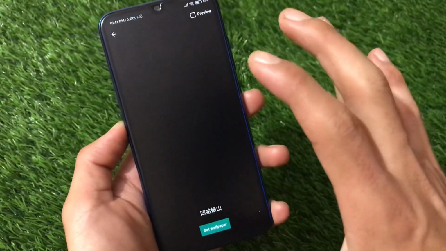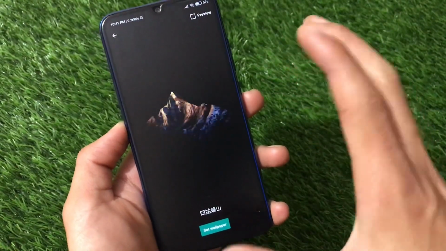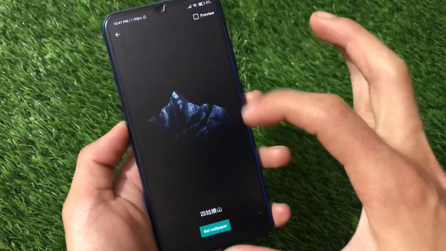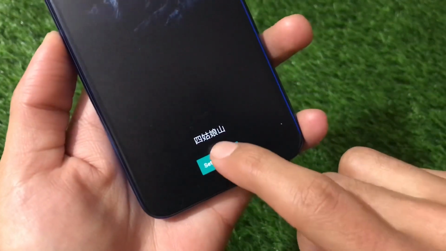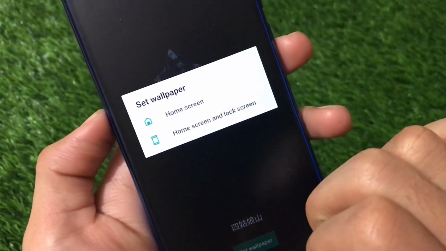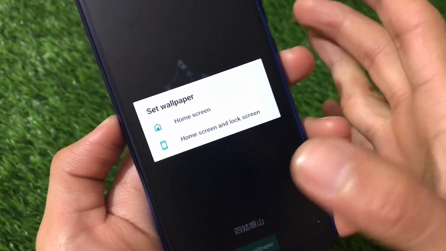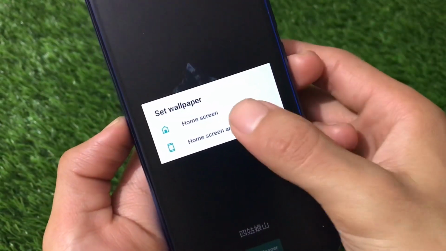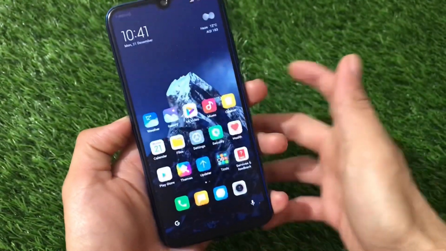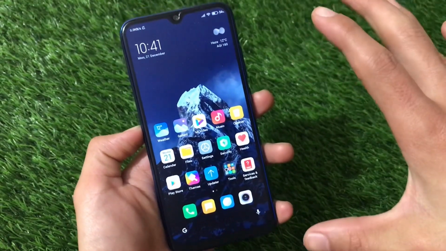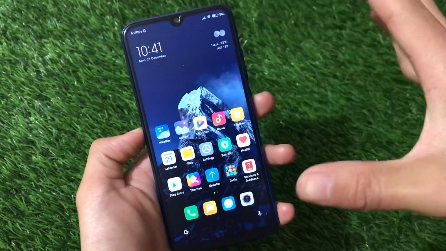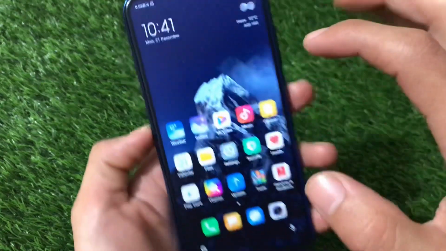Just click here. You will see a preview if it is working for you. It will take some time, maybe, in my case, as you can see. So just click on set wallpaper. It's done, and here you will be prompted to use this wallpaper as your home screen or home screen and lock screen. In my case, I'm going to choose both, and now it's done. And as I previously told you, this wallpaper changes with the time. So in my case, it's night, and this has the night view.